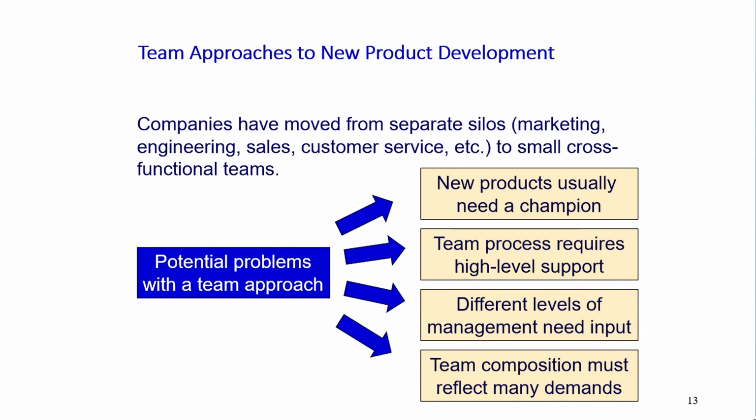But remember that some of the caveats here are that we always need a product champion, we always need high level support, top management support for the team process, and there need to be interactions with the different management levels and different management disciplines, be it finance, be it production,